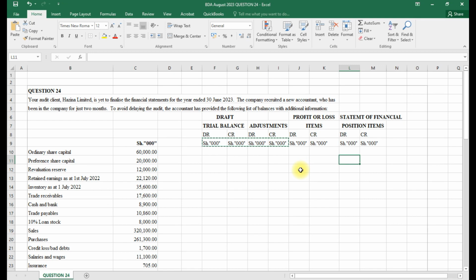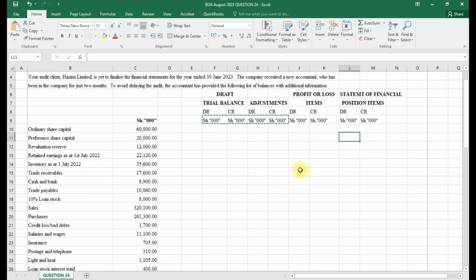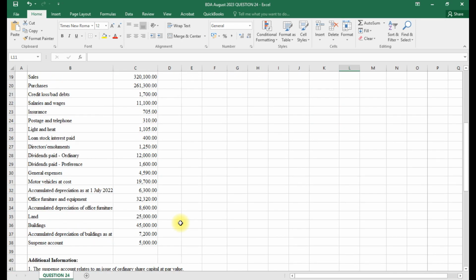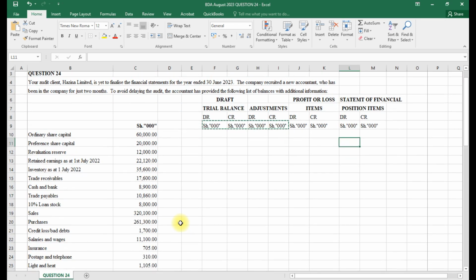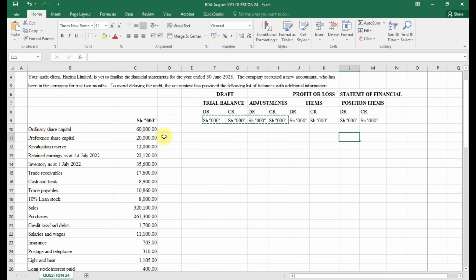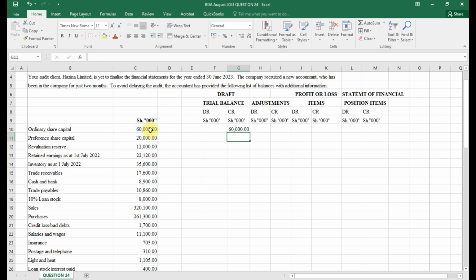And in our case, the draft trial balance is just a trial balance the way it's supposed to be. Remember, I will rely on these values. I will not copy them again, but you can decide to copy all these values to bring them on this side. There will be no harm in copying, but I can just decide to use the values the way they are. So in this case, our ordinary share, we know, is normally on the credit in the trial balance. Preference on the credit,